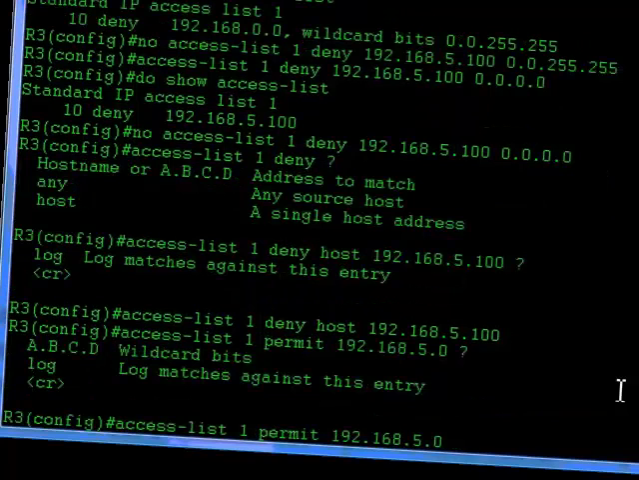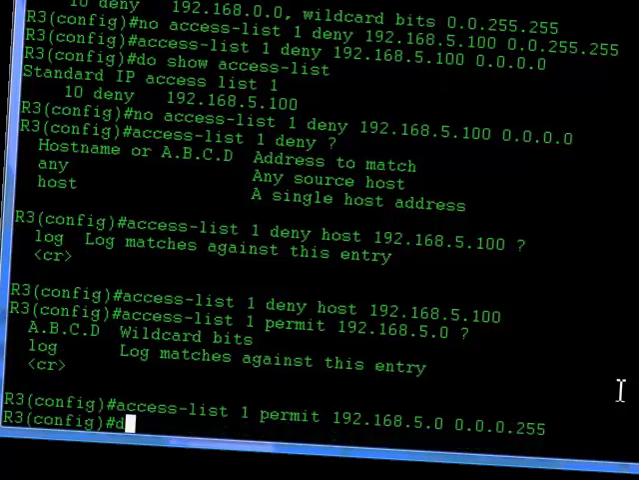192.168.5.0. Put in your wildcard mask. Let's look at these lines now. When we do a show access list,